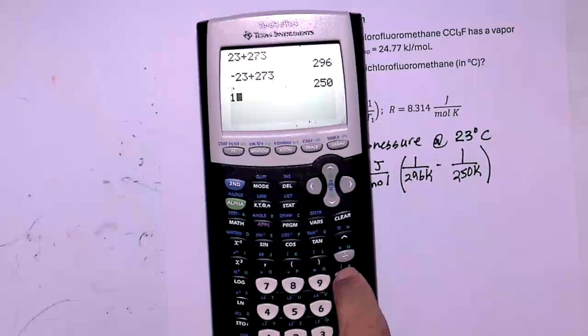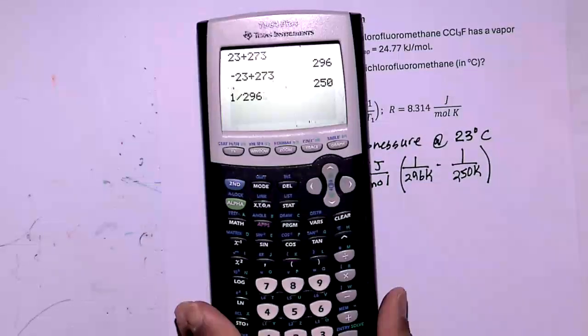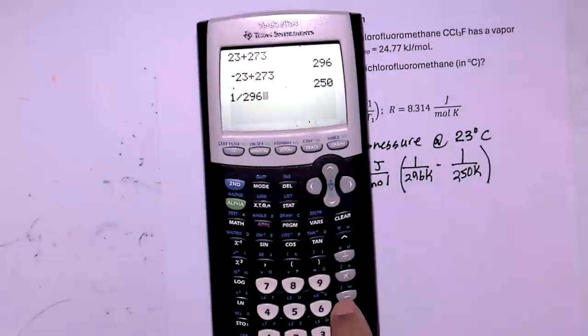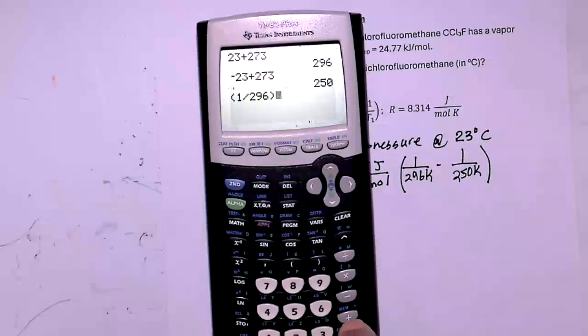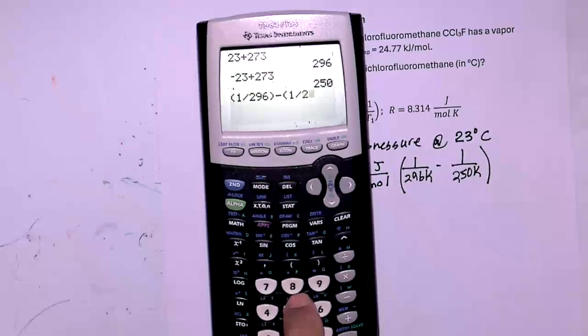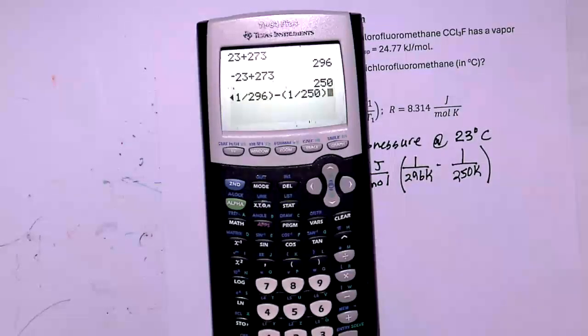So I'm going to do 1 divided by 296. We're asking for the vapor pressure at room temperature, 23 degrees C. Plugging everything in, this is plug and chug. 1 divided by 296 minus parentheses 1 divided by 250, close the parentheses. Actually, I'm going to put everything in parentheses. I'm just kind of paranoid that way. 1 divided by 296 minus 1 divided by 250